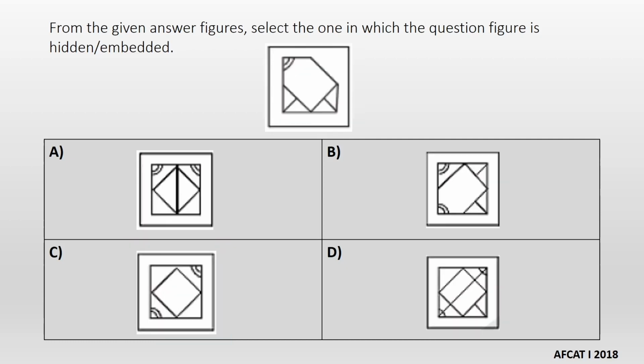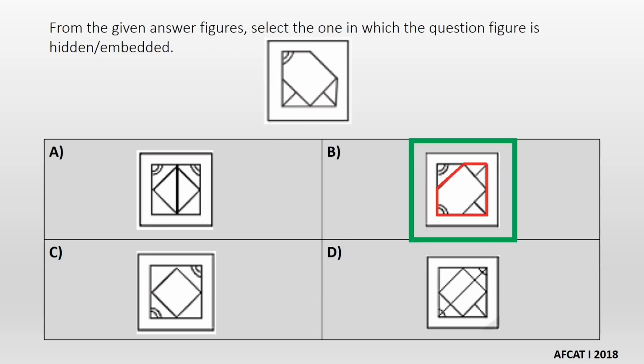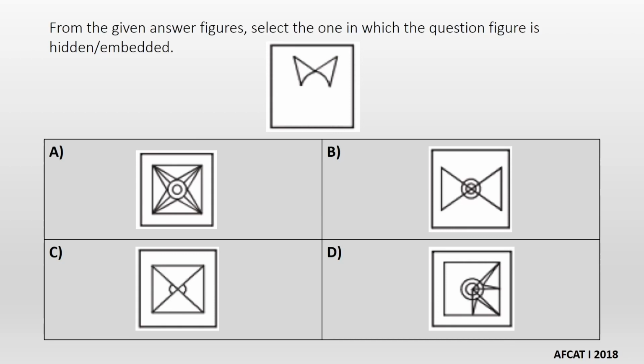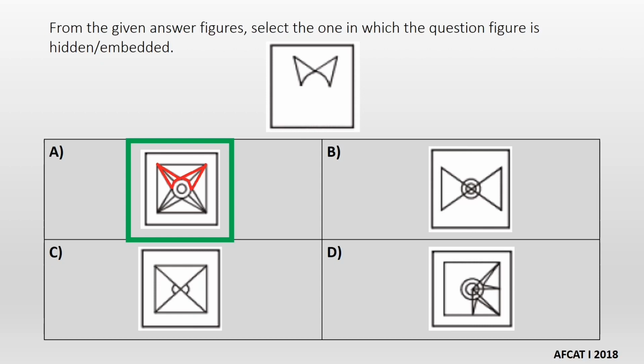This question is again very similar to the previous one, however it's a bit complicated because the image is slightly rotated. So can you guess what's the correct answer? B is the correct answer, and just to show you, let me rotate the image. So here I have rotated and compared the image. You can see this shape is inside this image only. Next question, again same, and the answer is very obvious, A, as highlighted.